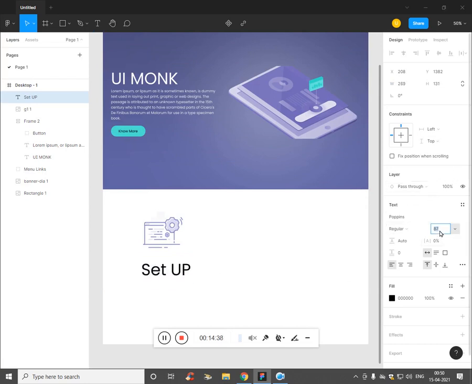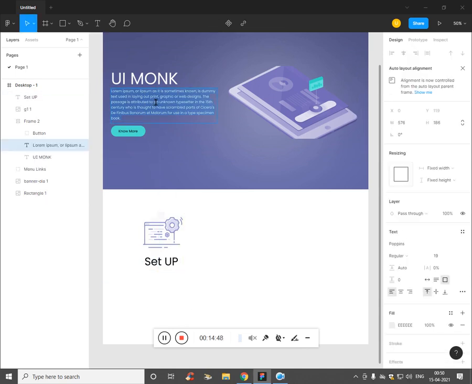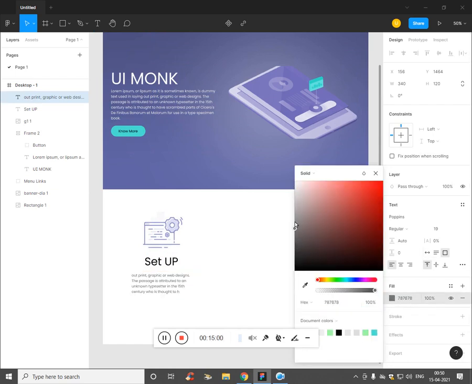We can decrease the font size. Now press T, add lorem ipsum text. Drag, paste text. I believe the color is different. Let's make this grayish.